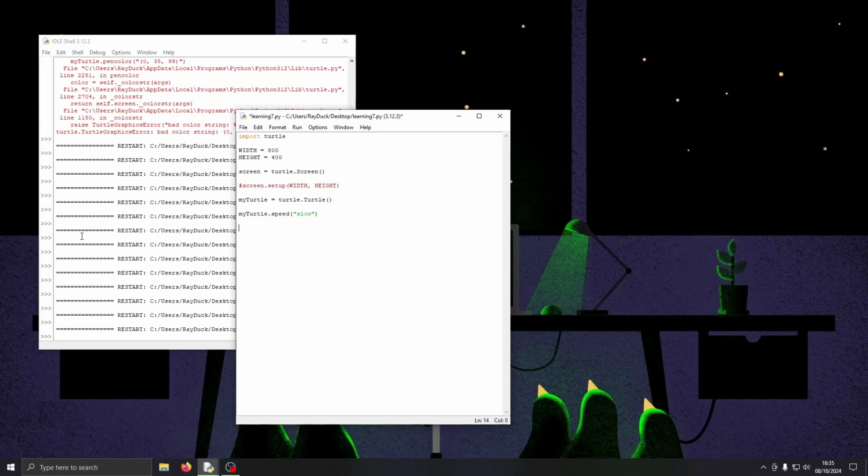But if you say turtle.done, not my turtle, just turtle this time, like when you were doing the modes and stuff, what this does is, in some environments where you can run Python, usually like the terminal, it will immediately close after it's finished running all of your code, which will mean you won't be able to see your beautiful drawing you've just drawn, right? So this turtle.done will hold it open